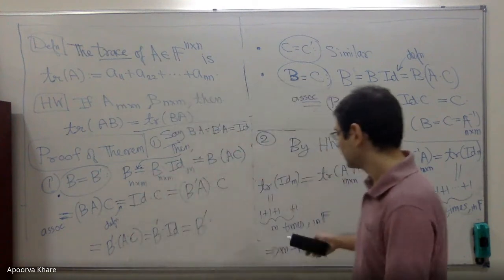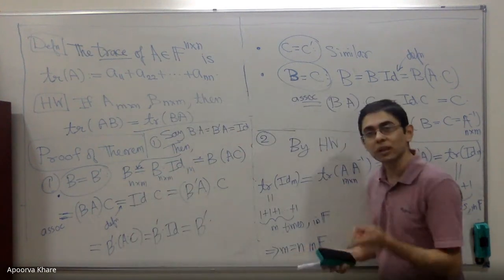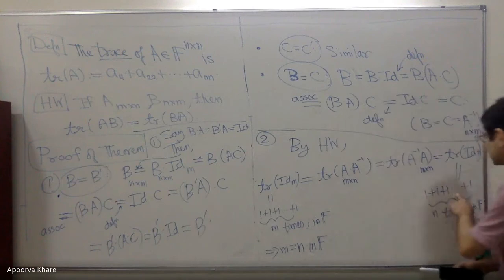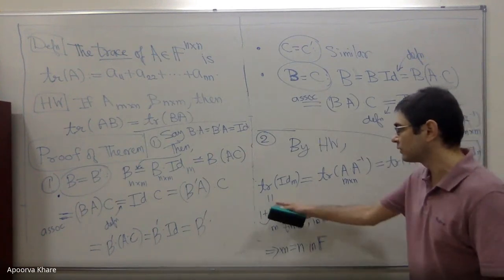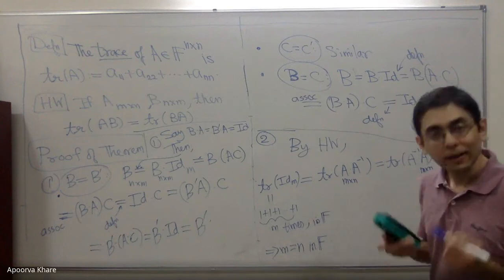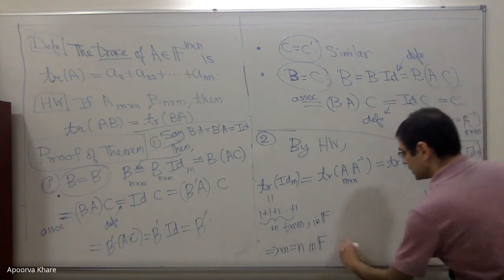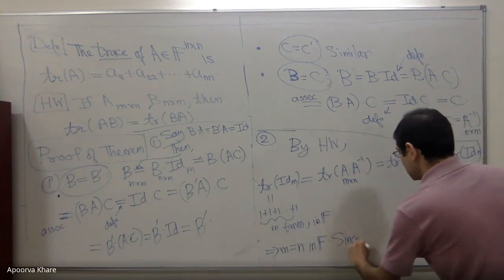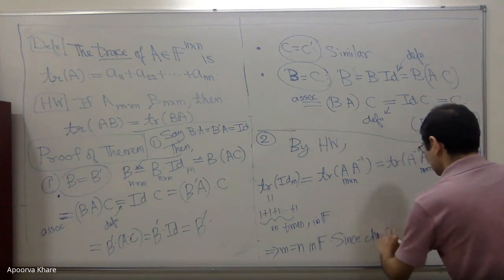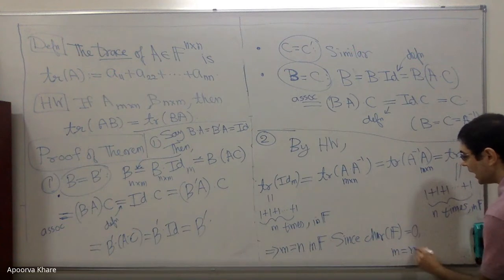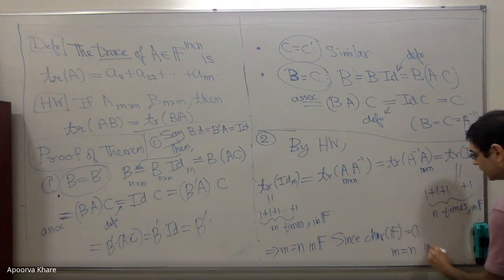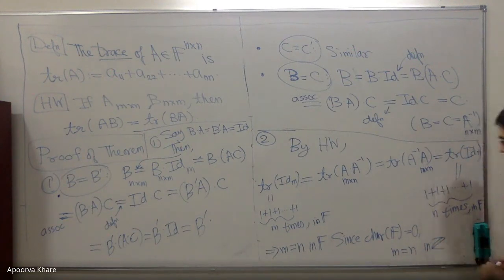So the only way that this can happen is that m has to be equal to the number of ones here, and the number of ones here have to be equal, because otherwise you can cancel and you will get some positive number of ones equals 0, and that cannot happen. And since that equals 0, what we get is that m equals n as integers. So meaning in the ring of integers, in the set.